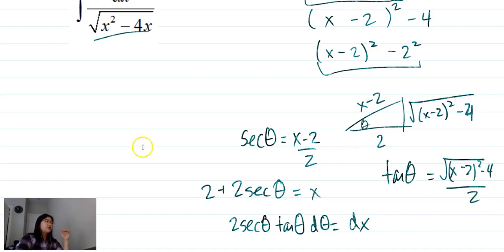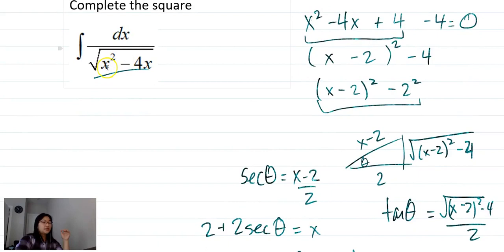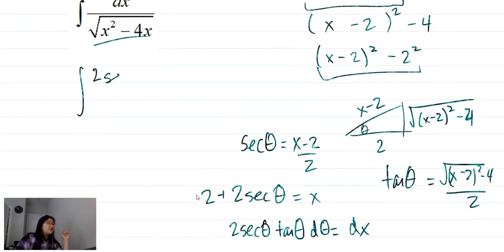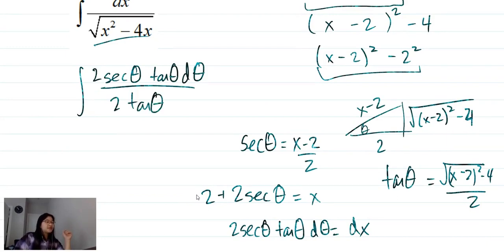So then our denominator up here is going to be 2 tangents, right? So then we get the integral with dx, we have 2 secant theta tangent theta d theta over 2 tangents. So the 2's cancel, the tangents cancel,